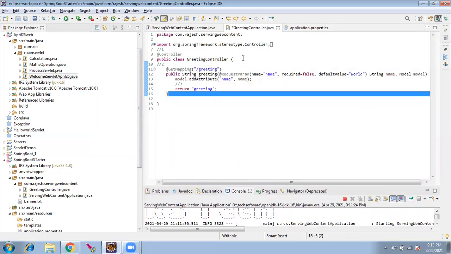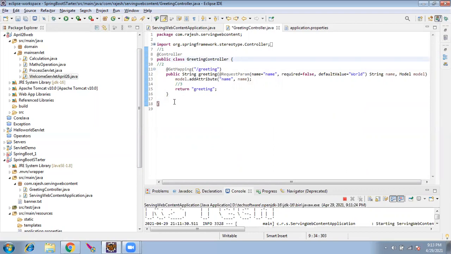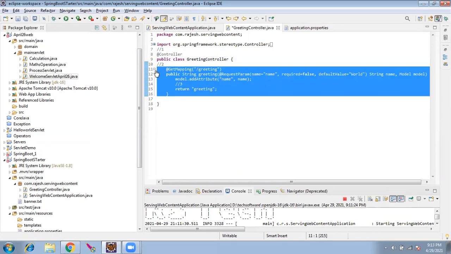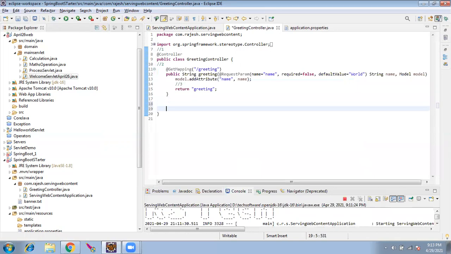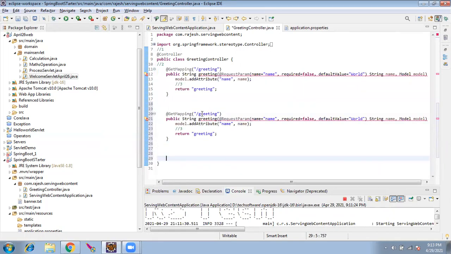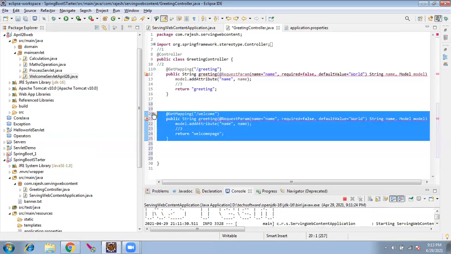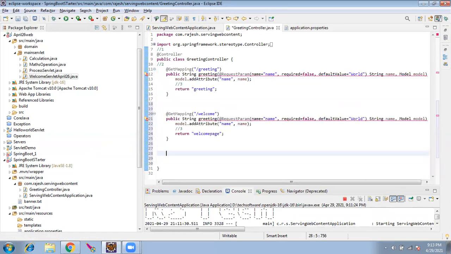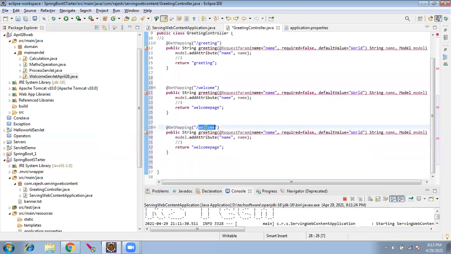So now you can easily tell me how do I create a, where is the closing brace? This one. Okay. To create a welcome, I just have to copy this. For the URL I have to give welcome, and here welcome page. Now I want to create one more URL. I need not create one more servlet. I can just create